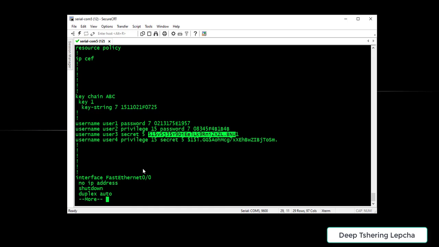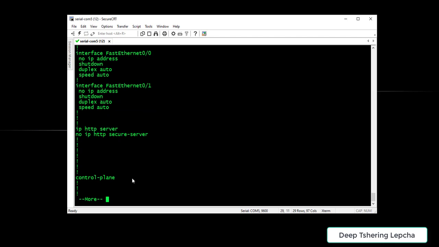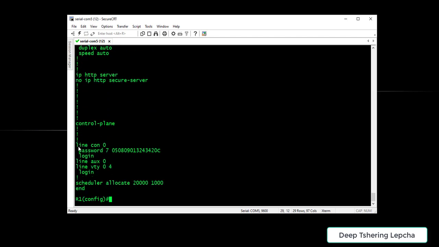So I'm going to just hit space and then come down a little bit just to view the line console. There you can see my line console password. The main thing, when I actually typed console, it's been encrypted by service password encryption, and then I typed login. So that means when I'm going to try to log into the router, it's going to ask me the console password. After getting the access, you are going to type enable, and then you're going to get the access of